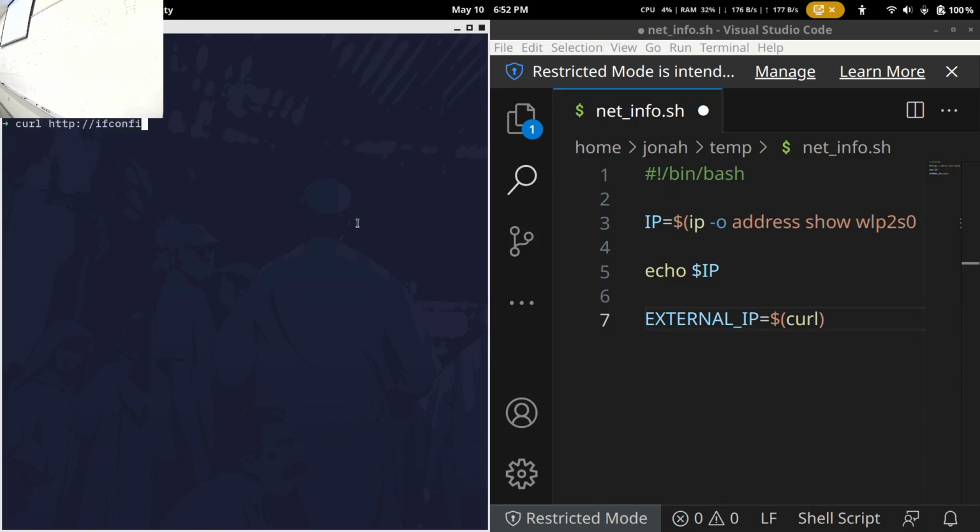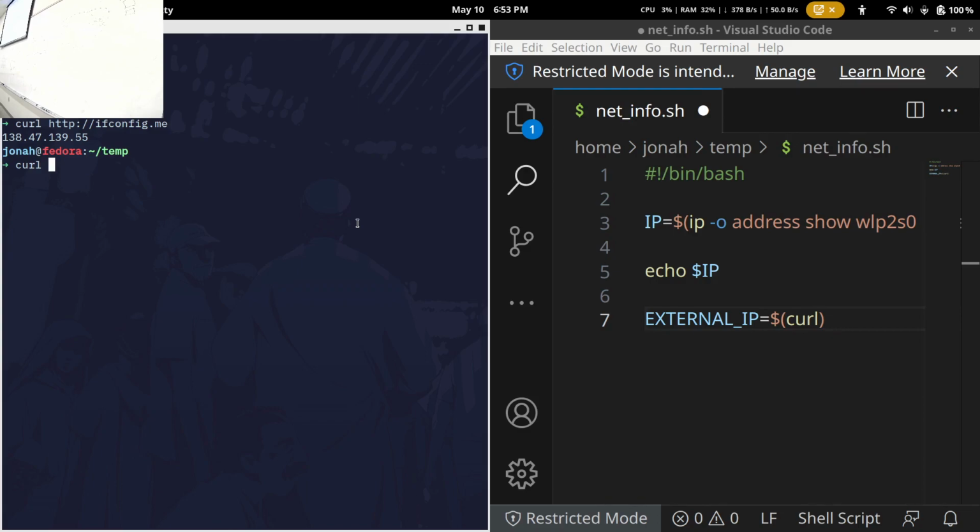Let's see if that works. Cool. So that's another cool tool in Bash, curl. It basically does the same thing your web browser does. So when I go to, let's say, google.com, I go into my web browser, in the search bar type http google.com, and then Google will respond with a web page.